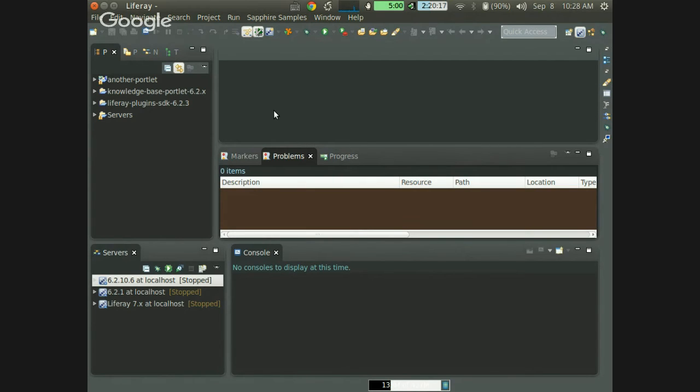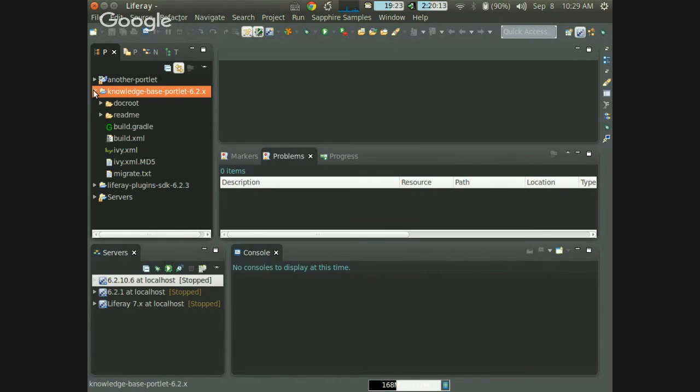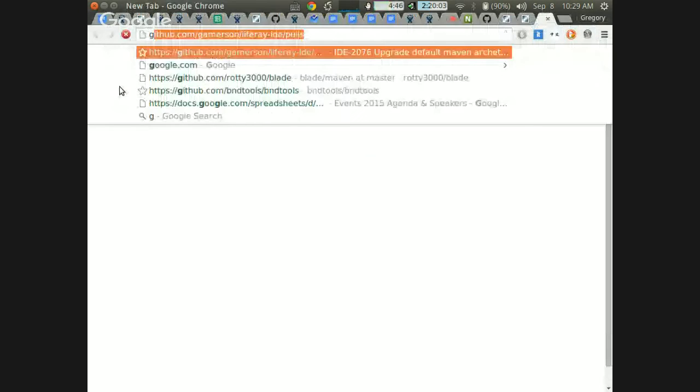And just to give you a flavor of what that's going to be like, here is my 6.2 style war style portlet. This is just knowledge base portlet 6.2.x. And let's say I want to migrate this to 7.0. What am I going to need to do? How am I going to need to know? Well, one thing I'll know is by how it doesn't compile. There's APIs. But we wanted to go beyond that. We didn't want to just have a bunch of red markers in your Eclipse view and you say, oh, okay, well, these are errors, but how do I fix them? Well, what's great is we now have this great little document called Breaking Changes